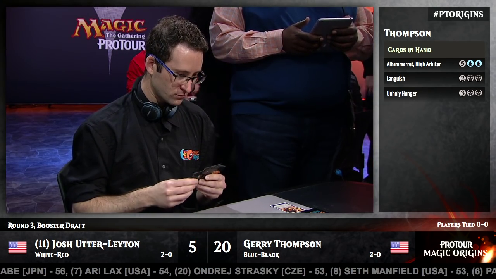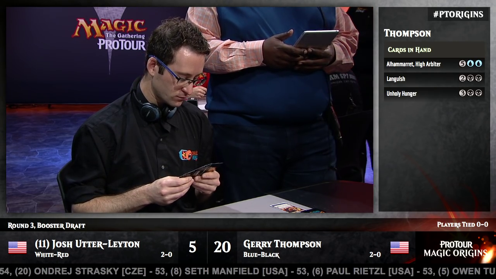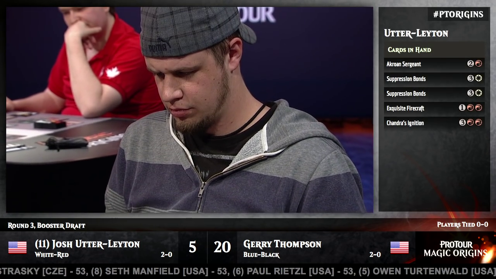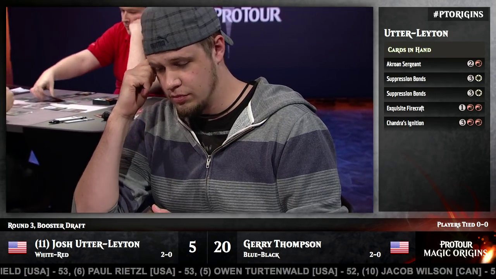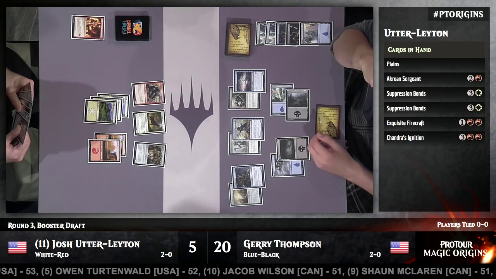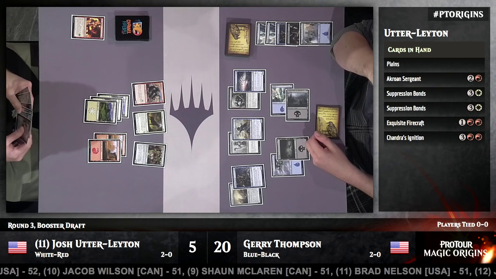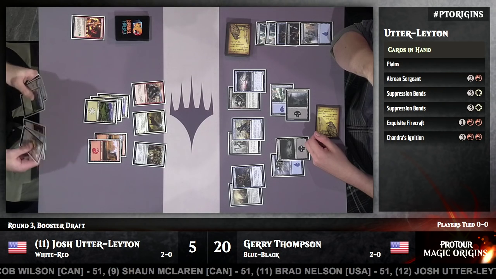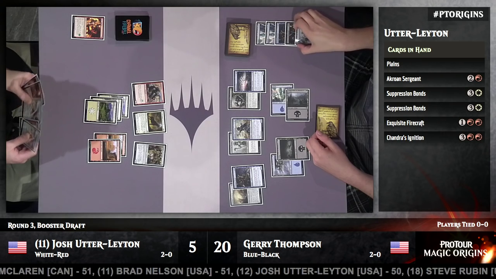Now this is really interesting because normally you'd think Josh Utter-Leyton, the onus is on him to be aggressive in the early game and end the game before Gerry's powerful threats can come online. But with Josh having Chandra's Ignition in his hand and under no immediate pressure to use it, he can just sit back and let Gerry overextend into the board and eventually use the Ignition to clean things up. Although,